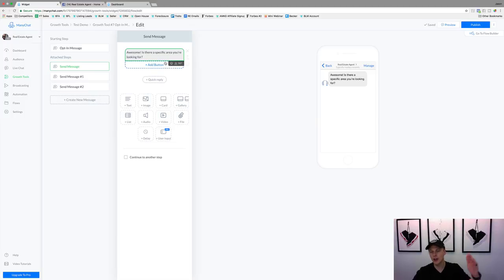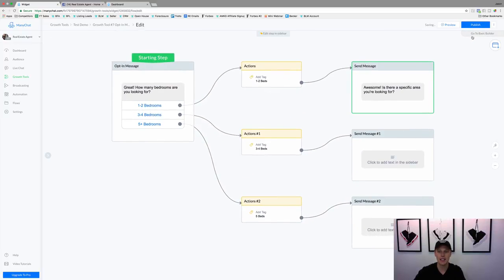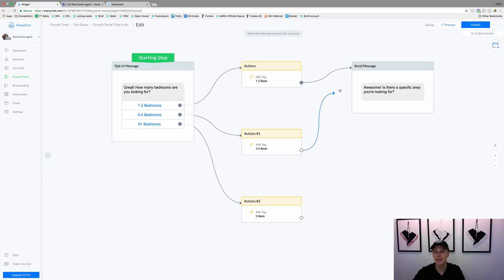Now, one other cool thing that they somewhat recently added is this flow builder right here. I know this is getting a little bit detailed, guys, but this can be pretty powerful. Instead of having to create all these separate messages, what we could do is just delete this and delete this, and then have them all go to the same one.